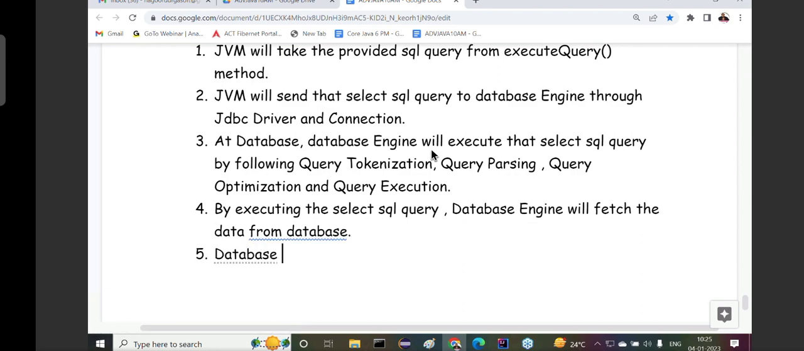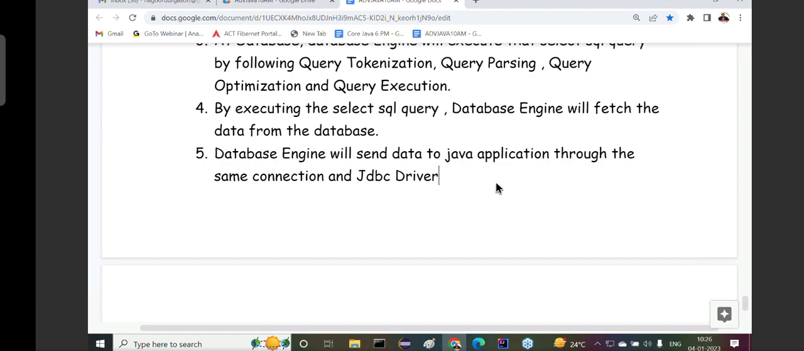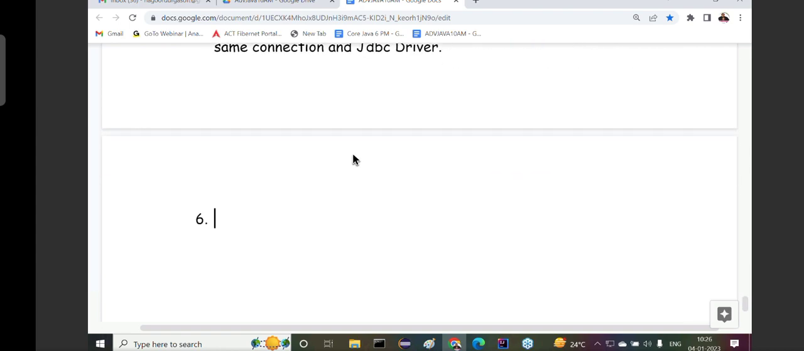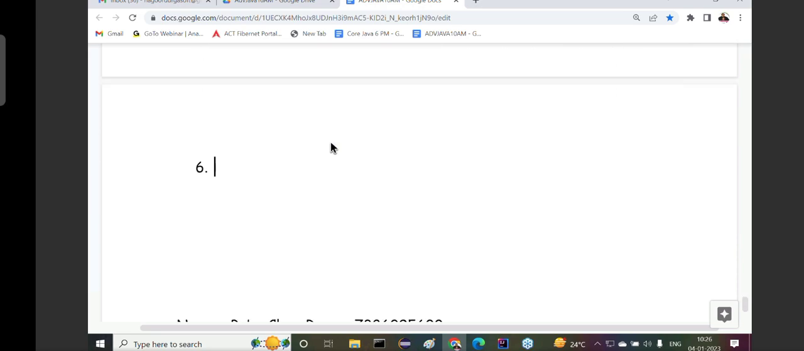The database engine will send the data to the Java application through the same connection and JDBC driver. Observe carefully. The database engine will send data to the Java application through the same connection and JDBC driver. Then what is the next point here? Now tell me. Next point is at the Java application,